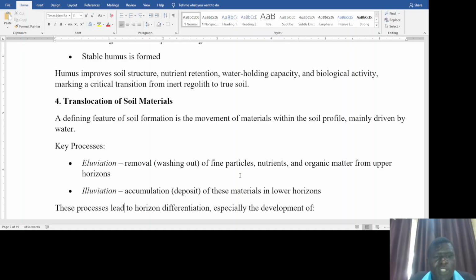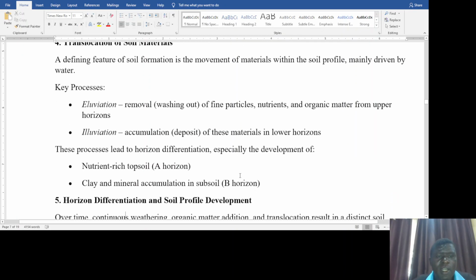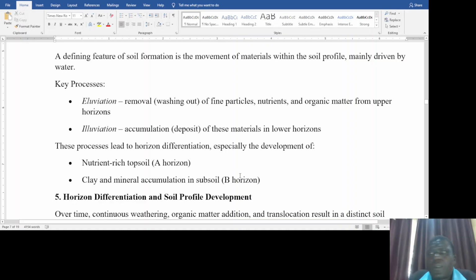So in eluviation, there is accumulation or deposition of materials which have been transported by water or which have been translocated through water to the lower horizons. And in the process that takes place over time, it leads to horizon differentiation,